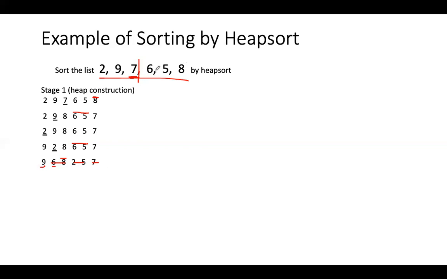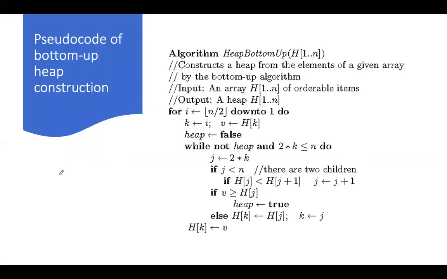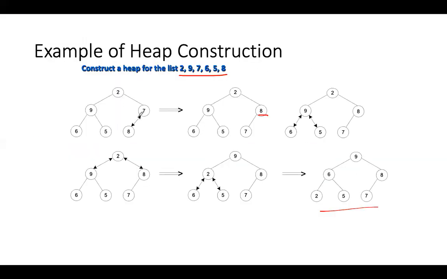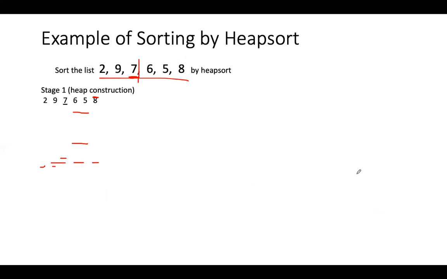See, this was the original list. From that we have created the heap. Okay, the heap is ready. Next thing is we need to solve this heap. Same thing we have done in this diagram also. This was the list tree. 8 and 7 we swapped, and then 9 is satisfied here. 9 and 2 are swapped, and 2 and 6 are swapped. So this is the tree which we need to solve. This is the heap which we got.